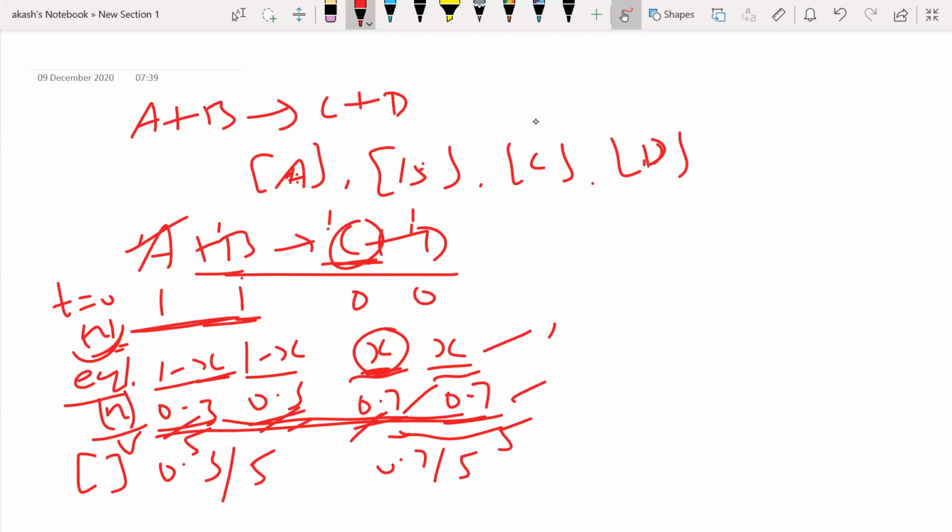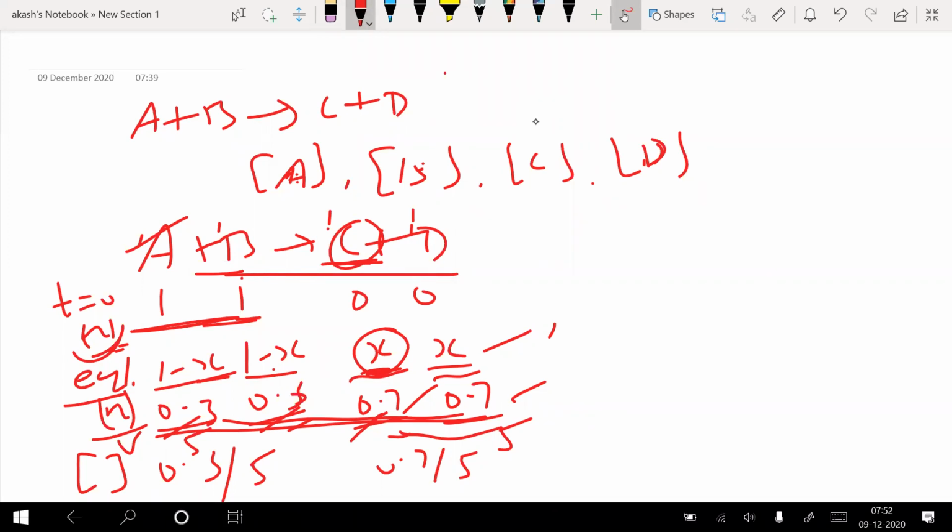That's the answer. Next to the 0.3, it's 0.5 only, no, sir? No, this is 0.3 only, 1 minus x, and this is also 1 minus x. So the x value is the same, no? The x value is 0.7, so this is also 0.3 only. Okay, now I understand. So again, an easy question. What is the time? Yeah, we will do one more problem.